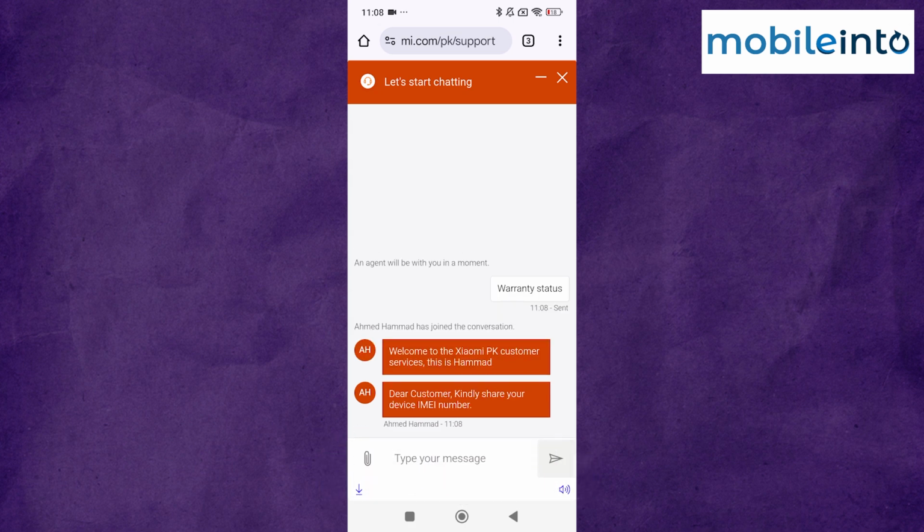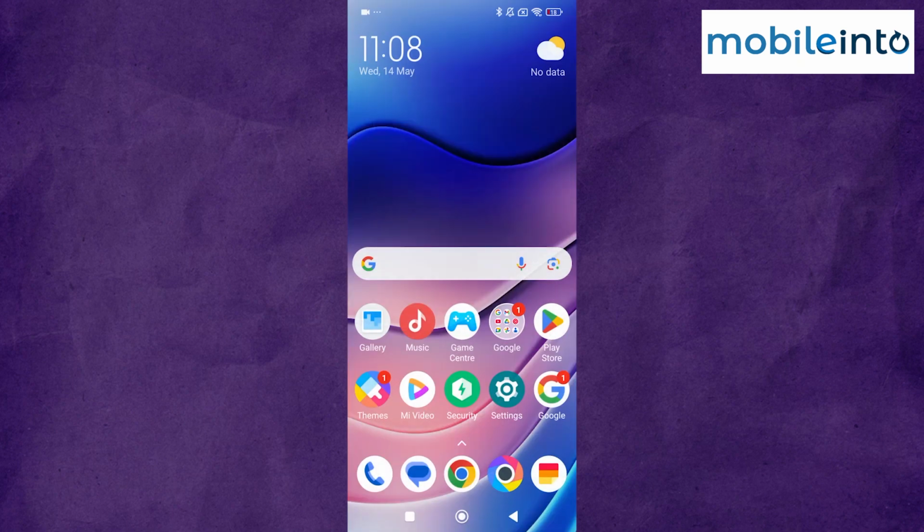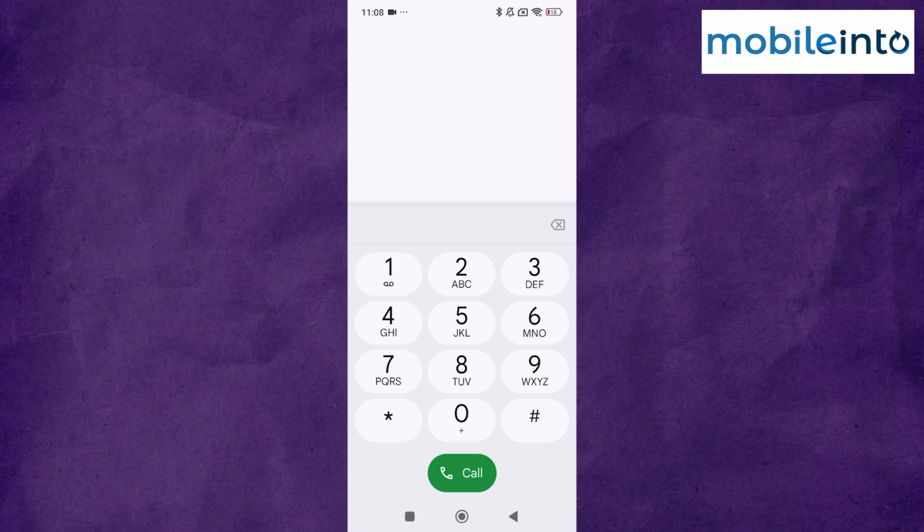Now as you can see, they have replied, "Dear customer, welcome to Xiaomi's customer service." Now as you can see, they are asking us to share our IMEI number. Now to do that, just go to your home screen and open the dialer app on your smartphone. Now from here, just dial